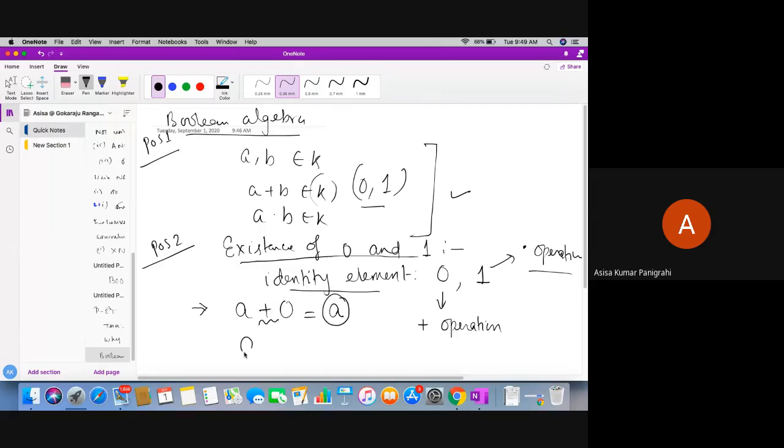Similarly, if I AND with 1, then I'm not going to lose my identity of the variable A. That's why it's called existence of 1 in AND operation. Any doubt, students? This is another postulate which retains the identity of OR operator and AND operator. So 0 is the identity element of OR operator, 1 is the identity element of AND operator. This is called existence of 0 and 1.